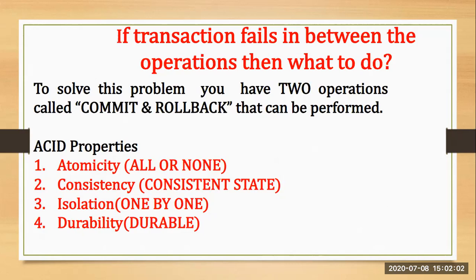Next comes isolation. In a database, isolation refers to transactions being executed simultaneously and in parallel. The property of isolation states that every transaction will be carried out and executed as if it is the only transaction in the system, so that your transaction will not have an effect on the other transactions which are happening.